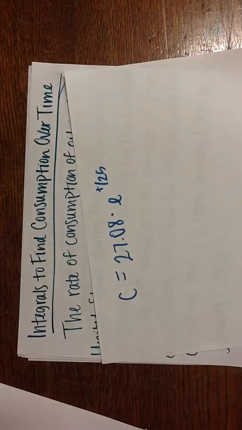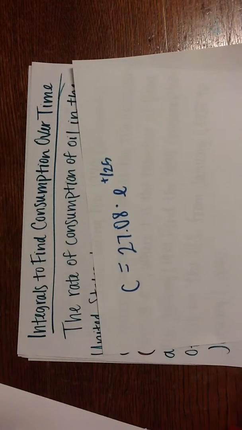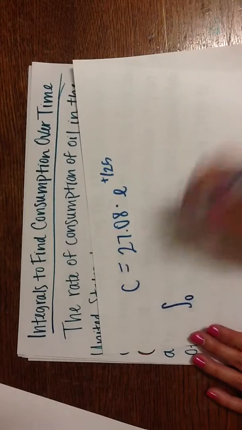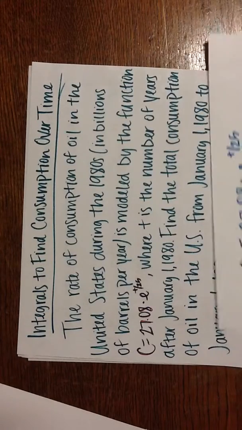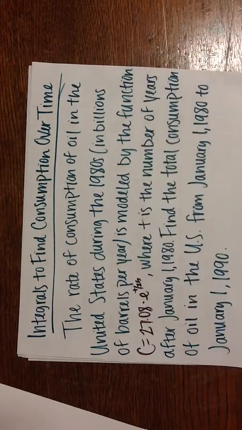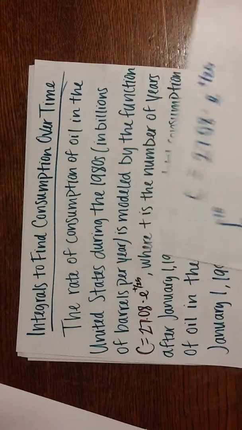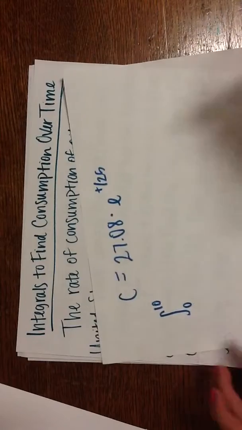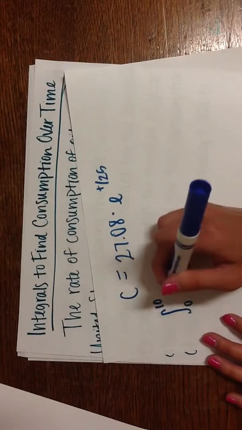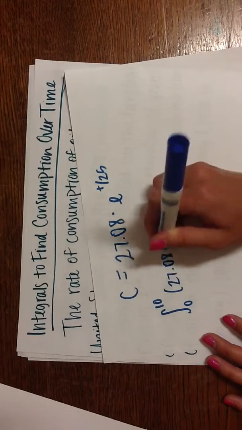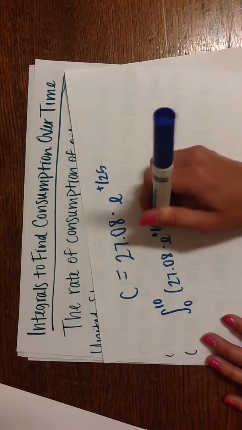Once again, to find net change, we know that all we have to do is find the antiderivative of it, or use the integral. So we're going to set up our integral from 0, which represents 1980, to 10, which represents 1990. Then we are just going to plug in this formula for C, which is 27.08 times e to the t over 25